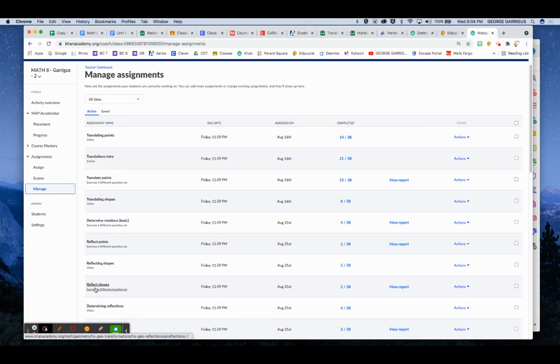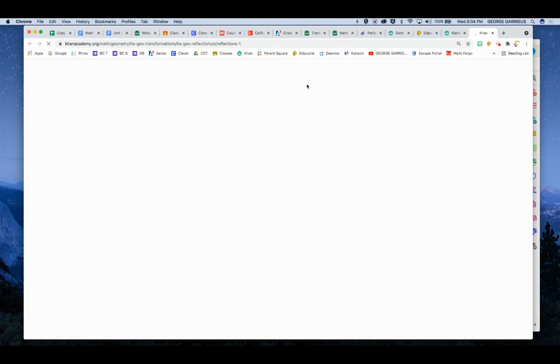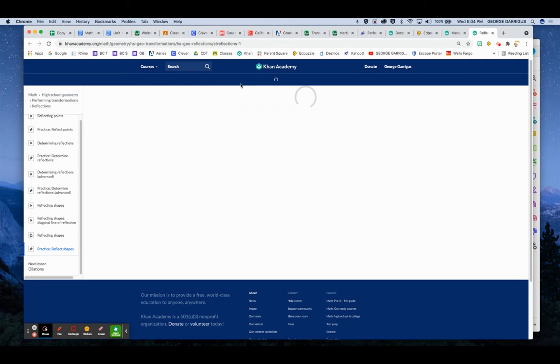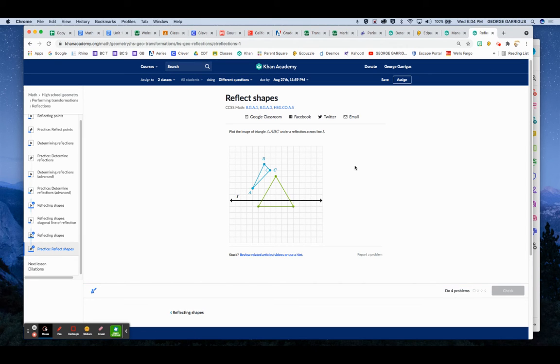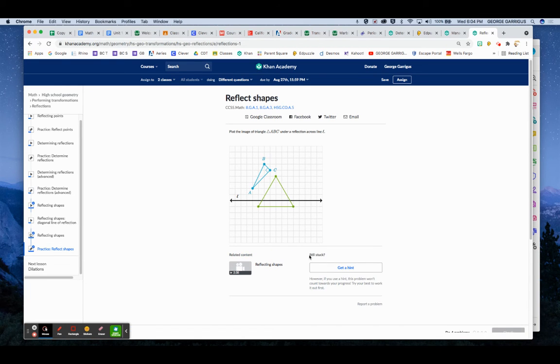And for the exercises, what's great is that when kids click on the exercises, if they don't quite understand how to do an exercise, it has really nice practice here, where it says do 4 problems, but if they don't know the answer, here, reflect a shape.